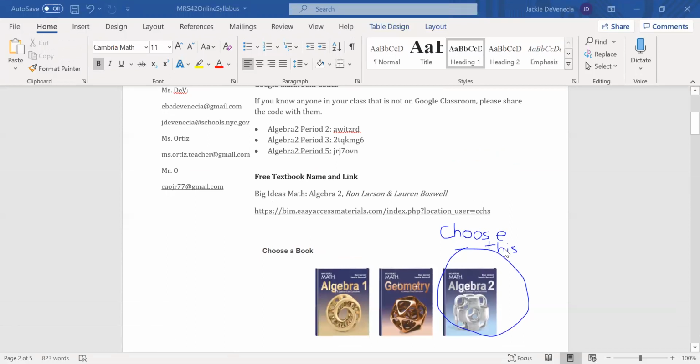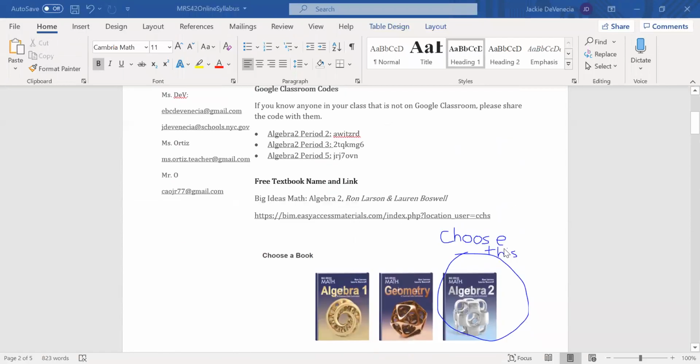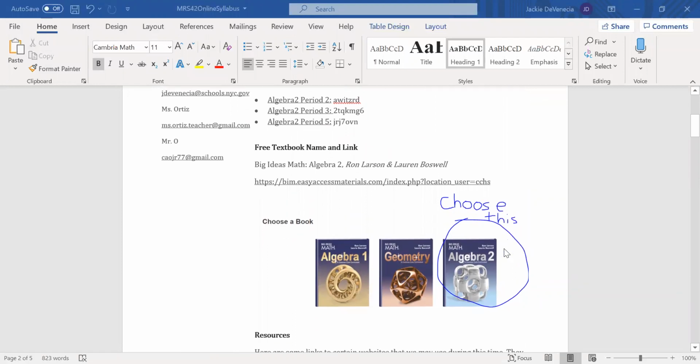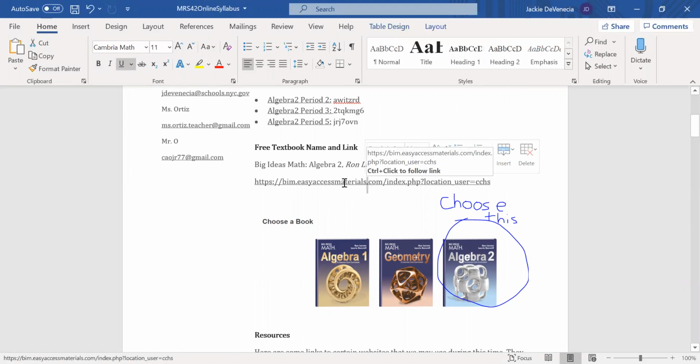Now, with Algebra 2, we've been using this textbook right over here. I showed it to you guys earlier, but I'm just going to show it again. This is our Algebra 2 textbook, and this is the site you're going to click on to get there. Let me share.